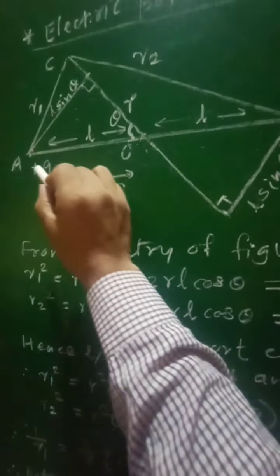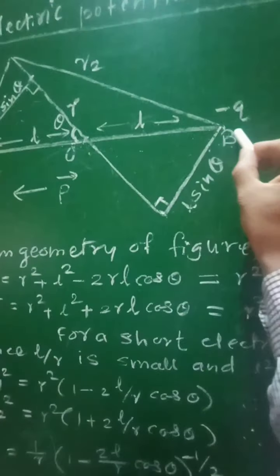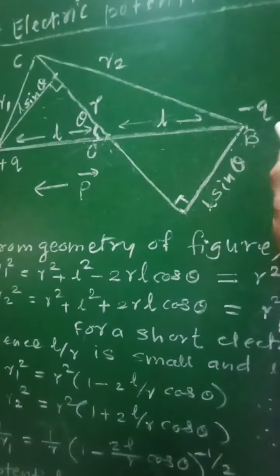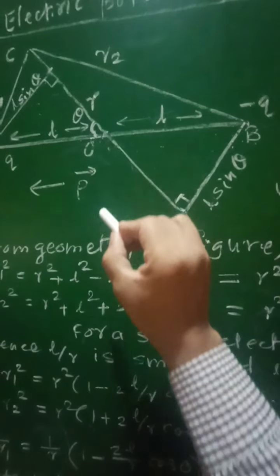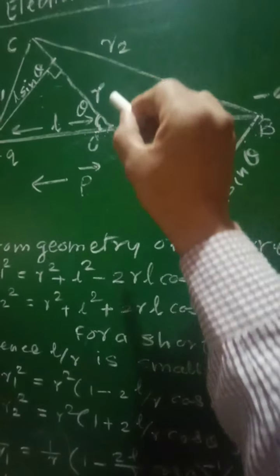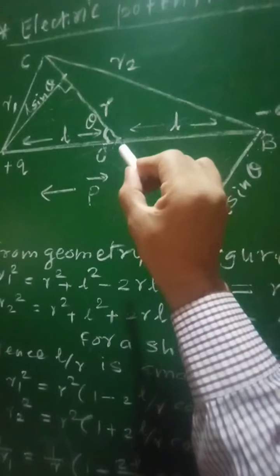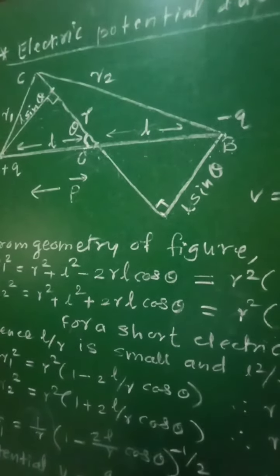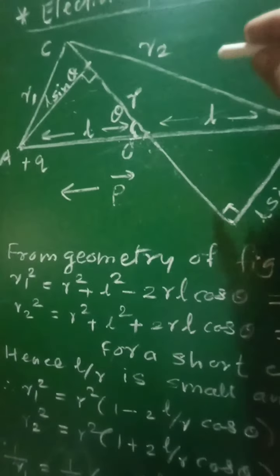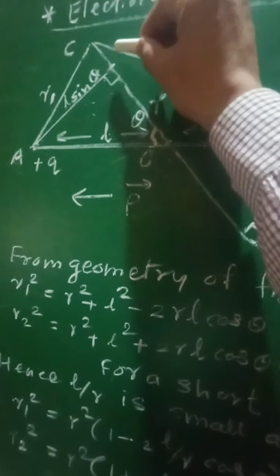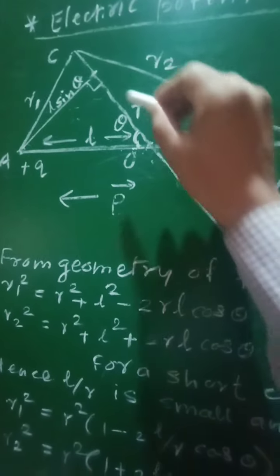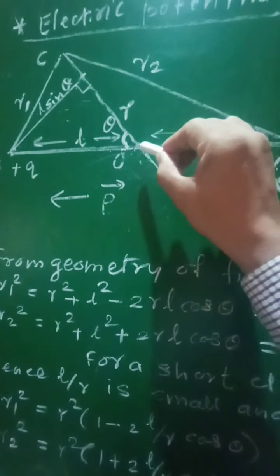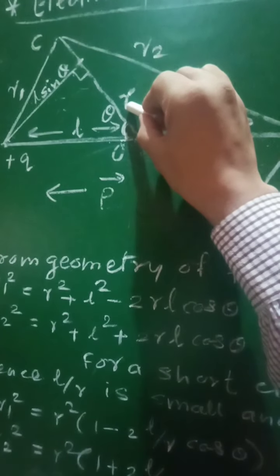Now the line passing through two charges of that electric dipole is called the axis of the electric dipole, and the line perpendicular to the axis of the electric dipole and passing through its center is called the equator of the electric dipole. Now we have to obtain the expression for electric potential due to this electric dipole at point C, and therefore let this distance CO be equal to r.